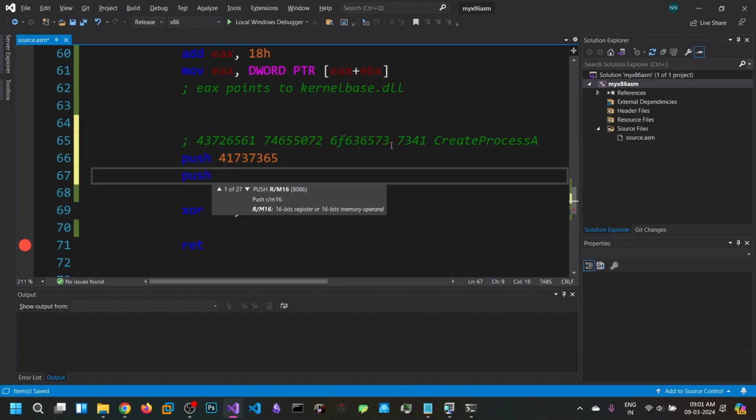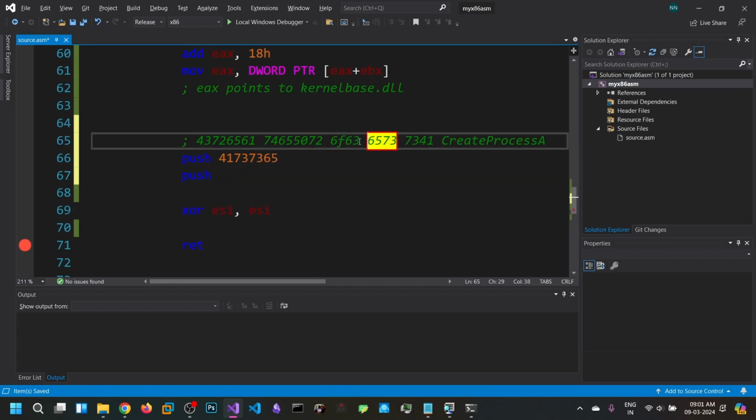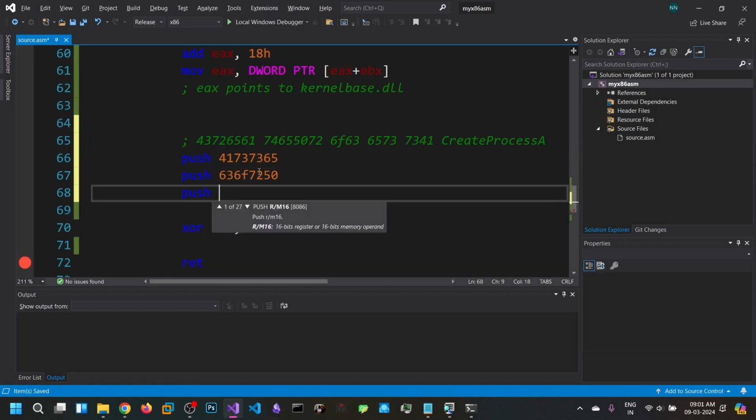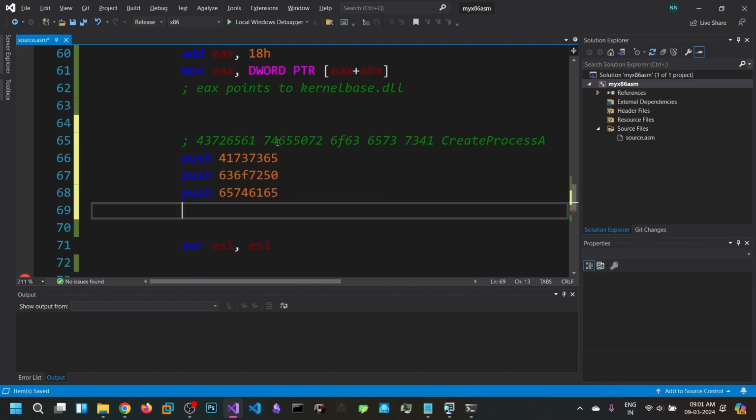So we have pushed these 4 bytes, again push 6574, and push